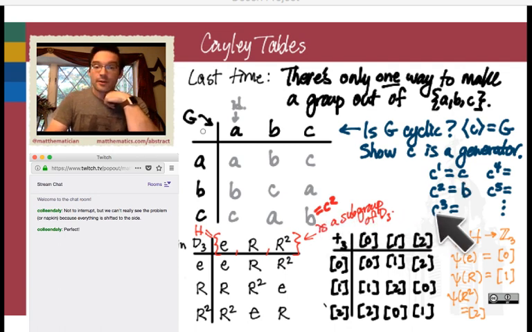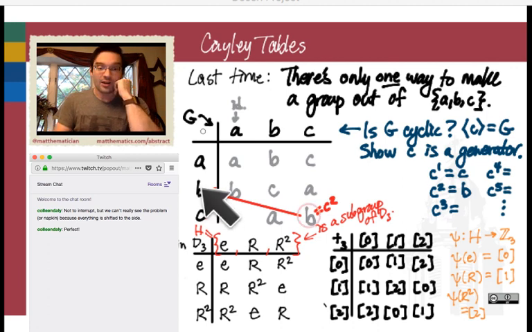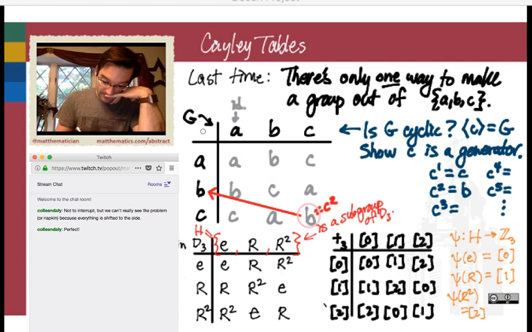If I want to find out what C to the third power is, then what I want to do is take the second power and multiply it by another copy of C. In my Cayley table, that looks like taking this B from over here and scooting it back over into the first column, and then multiplying by another C. So B times C is going to give me A, and that A, therefore, is C to the third power. And remembering that A was also the identity element in my group,